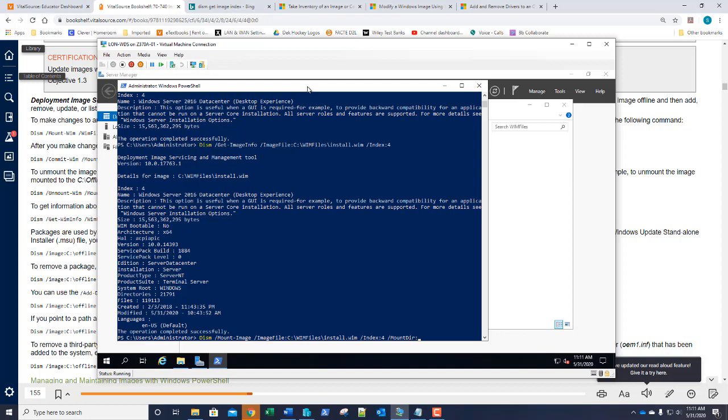and I created a folder on my computer named mount. You got to do that first. You got to create that folder. This is our mount point. We're going to press enter,